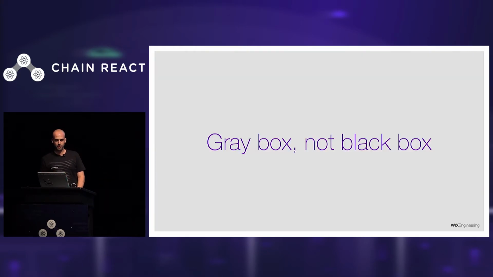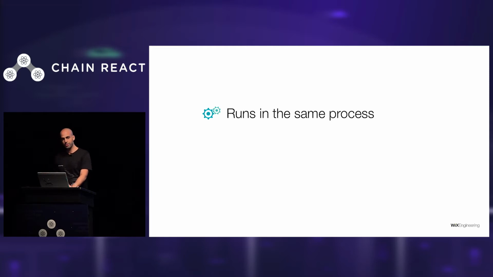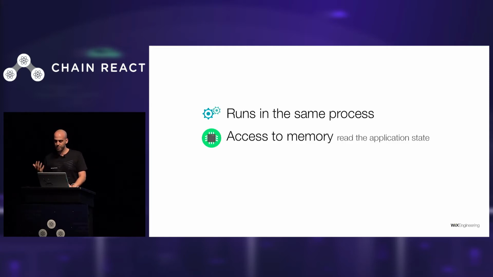Detox does gray box testing, not black box testing, to allow the test framework to monitor what's going on inside the application and synchronize with the internals. Gray box essentially is just a piece of code that is planted inside the app that runs in the same process. So it has access to memory. It can monitor the execution of the process. It is able to read internal memory, of course, and this gives us the ability to detect what's going on